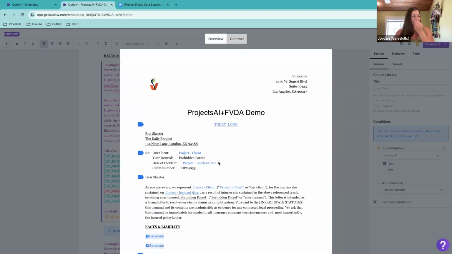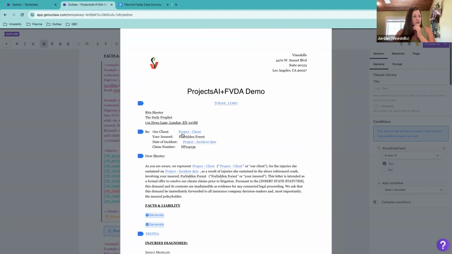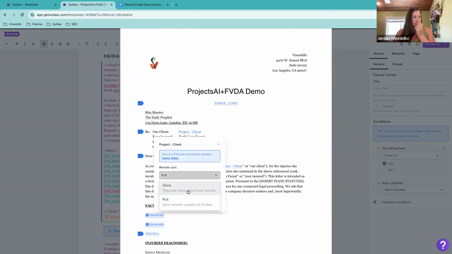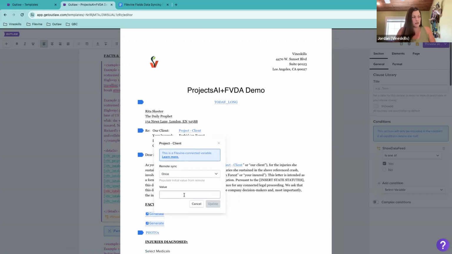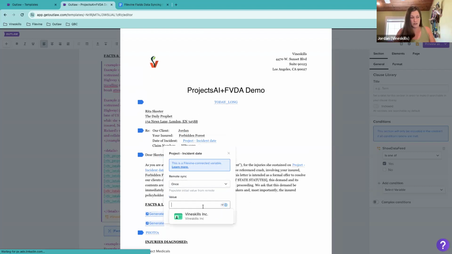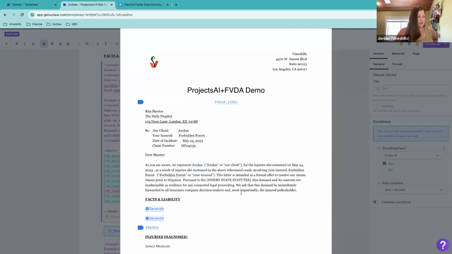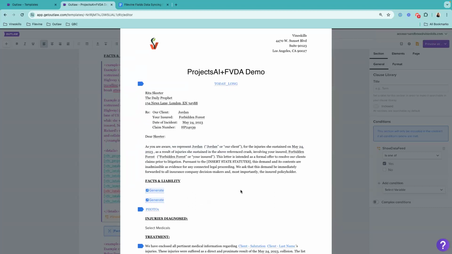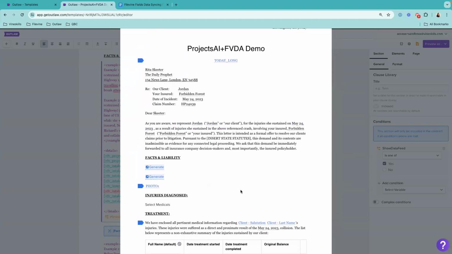And then we go over to contract. You can see a lot of this information is already filling in. Looks like our project client might not be. So let's see. Let's just go ahead and update that. And our incident date isn't filling in. Let's just update that. And, similar to DocGens, this is only going to be able to pull the information that's actually